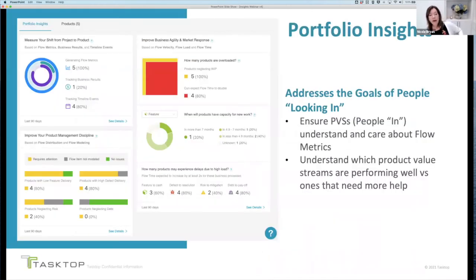So now that I've gone through all of the different aspects of portfolio insights, I just want to summarize and circle back by highlighting the fact that the goal is to address the needs of the people in ensuring that product value streams understand and care about flow metrics, and understand which product value streams are performing well. Hopefully now that very overloaded phrase, performing well, is a little bit more concrete, and we've been able to highlight what concrete definitions of performing well mean. I will say that this is the beginnings of our portfolio insights. There are many more aspects to understanding if a portfolio is performing well or not,